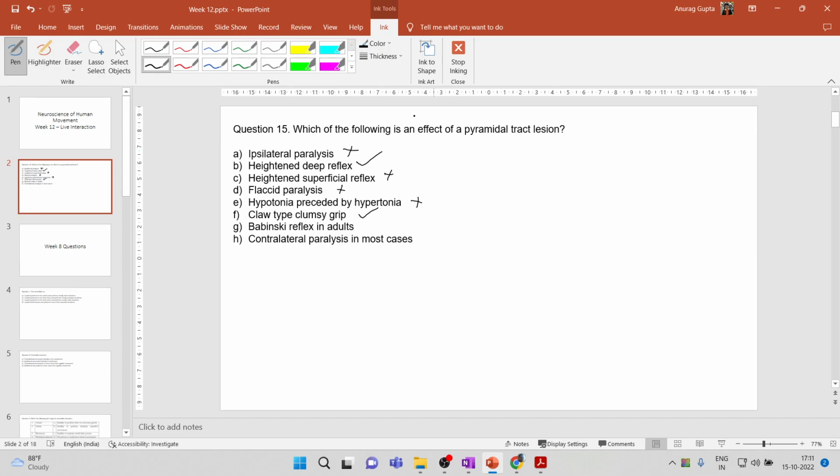Then there is something called the Babinski reflex in adults. This is also seen. If we take a blunt object and rub it on the foot of a baby, the baby extends its toes, and there is fanning of the toes. However, this is not seen in adults. But in the case of pyramidal tract lesion, the same Babinski reflex is seen in adults. In normal adults without pyramidal tract lesion, what happens is if we take a blunt object and rub it,